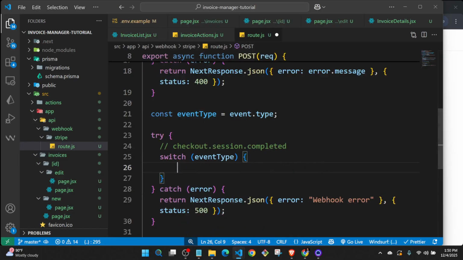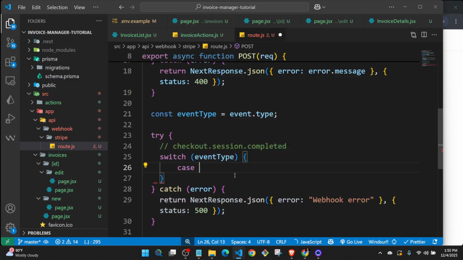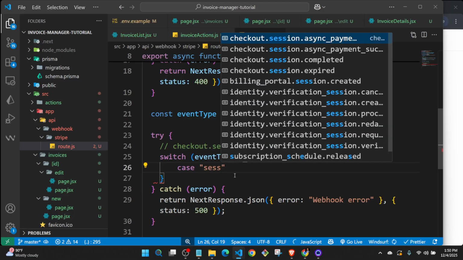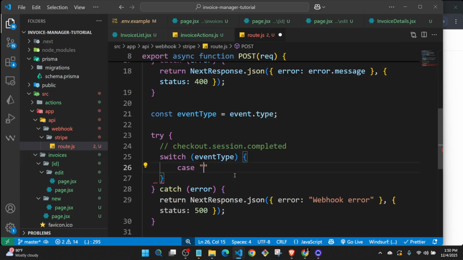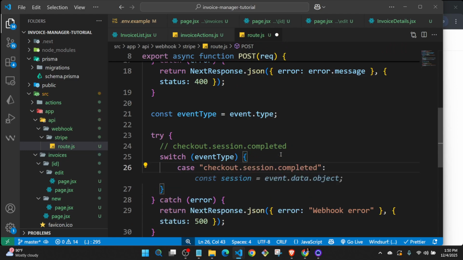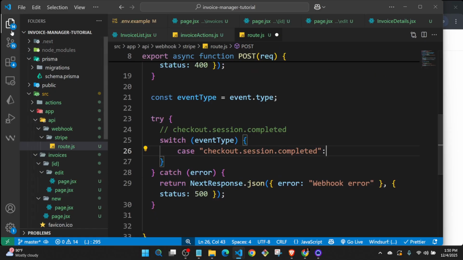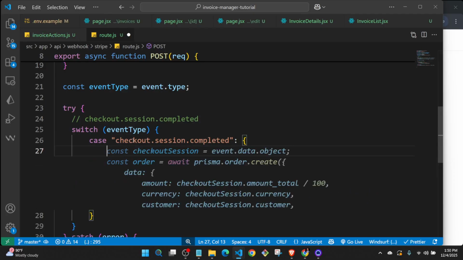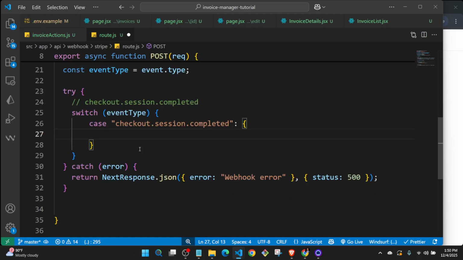Okay. Now, this switch statement could have more than one case, but let's just watch out for the case we want, which is checkout.session.completed. Forgive me. So this is what we want to watch out for, this event. Now let's go ahead and open it up. When the event type is equal to checkout.session.completed, what do we want to do? Right now,